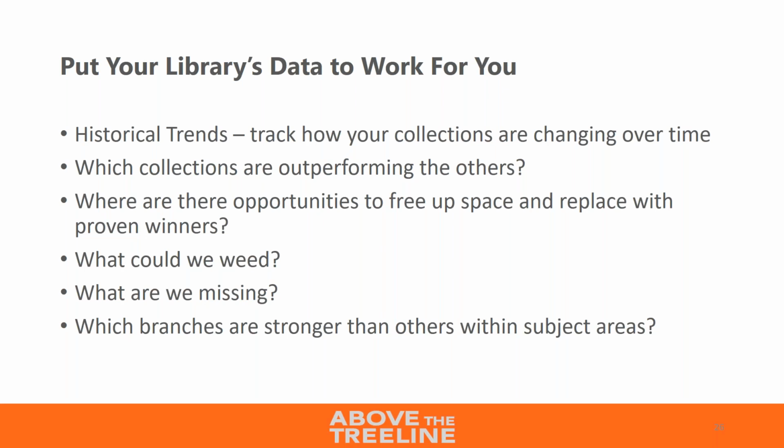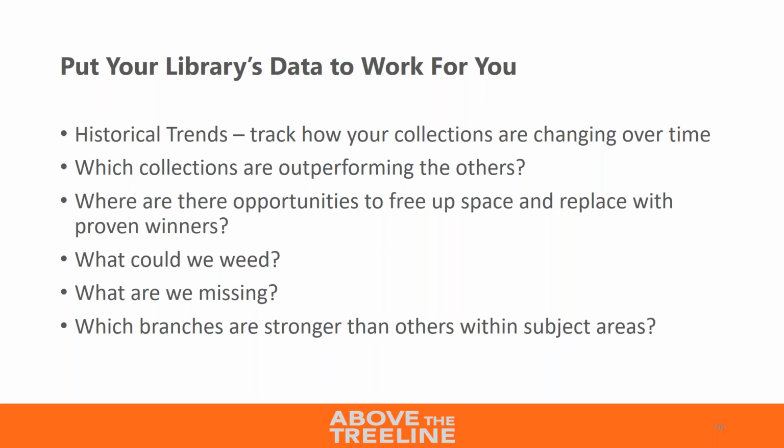And so a lot of this is around comparison. You saw that the basis of what we do is this comparison of your library's collection to other collections, to the collections in aggregate, and also to the sales and holdings in aggregate. But the Summit version brings you a lot closer to that. So you can do things like compare your branches to each other. So you could say, for gardening, which branch is circulating the highest, and really comparing by turnover too. Which ones are turning over a lot higher than the others? Where's our opportunity to maybe move some books from one branch to another? Because